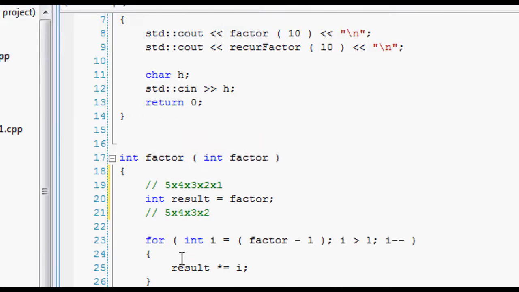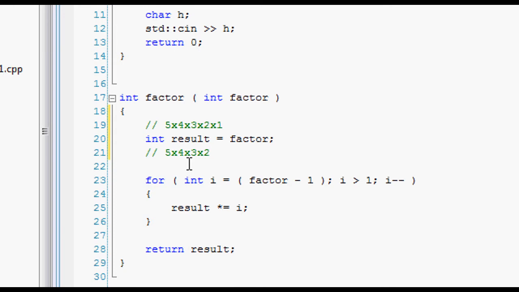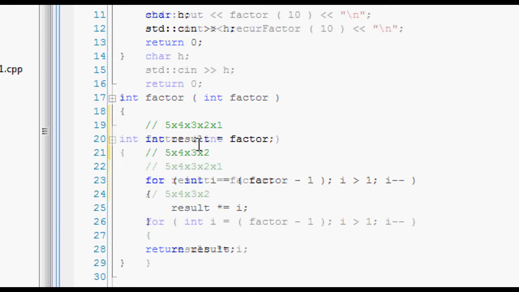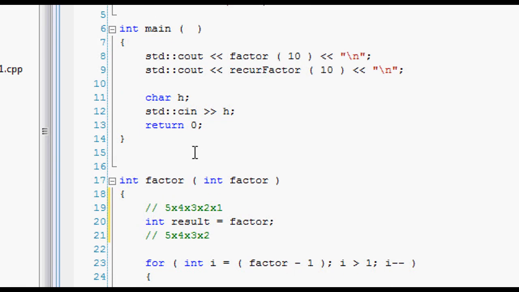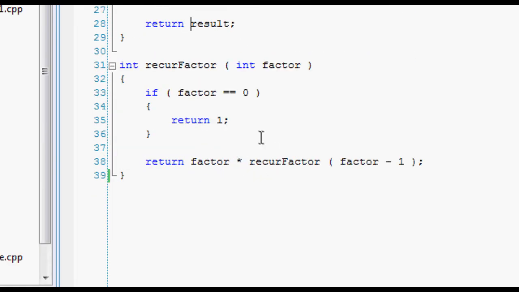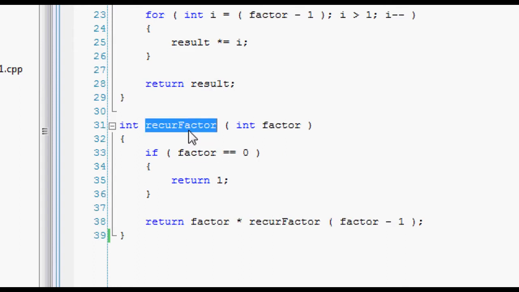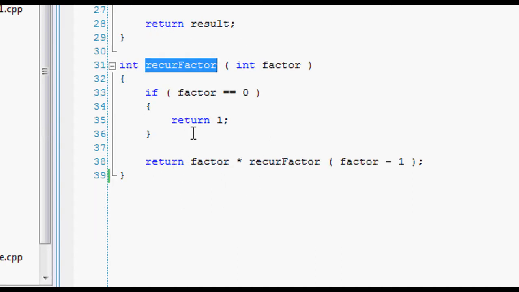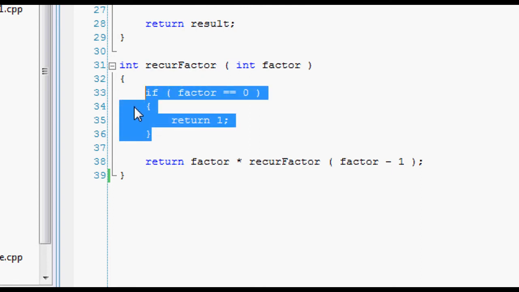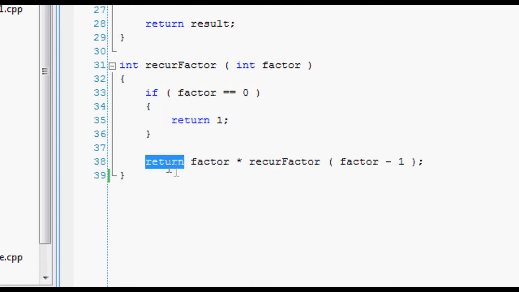Now, this is pretty hefty, okay? And it can actually be done a lot more simply with recursion. The way we do that is like so. It's exactly the same function declaration, except it's called recur factor, just for short. What we're going to do, ignore this for just the moment. The only thing that really is important in this case is the return statement,